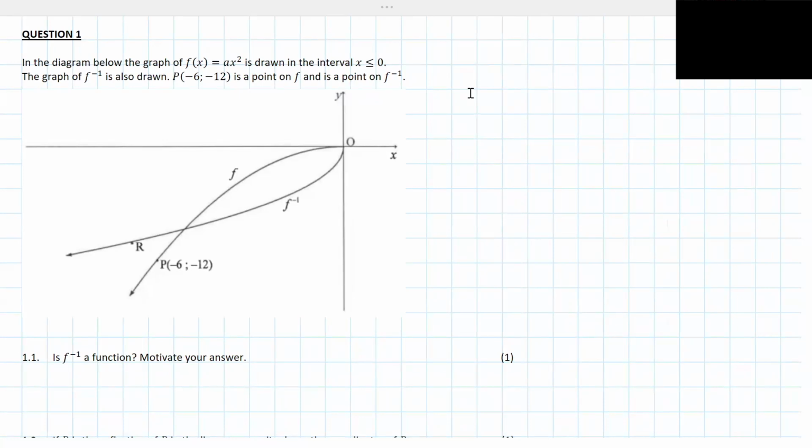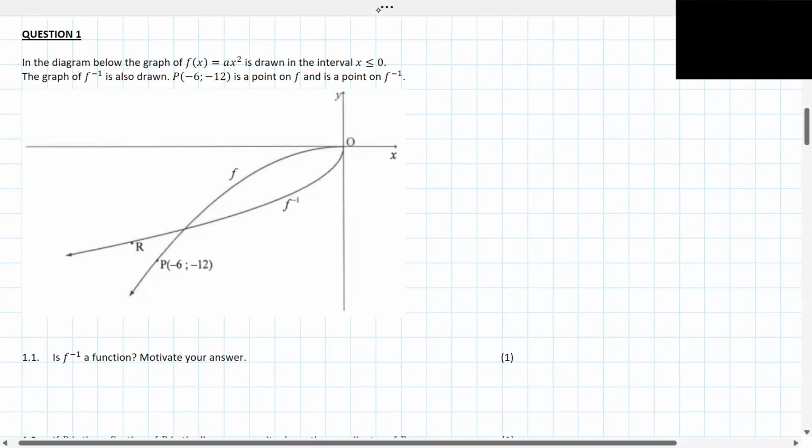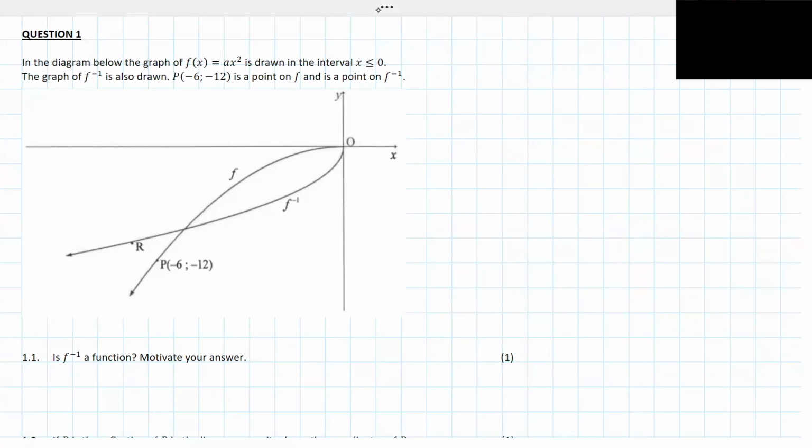So in this first question, we have the diagram below has a graph of f of x equals ax squared drawn in the interval x is less than or equal to 0. All right, so actually we'll come and interpret in a second. The graph of f to the -1 is also drawn. Remember, that is the notation for inverse. P, -6, -12 rather, is a point on f and is a point on f to the -1. So it's a point on both,